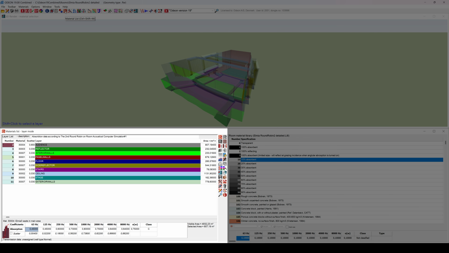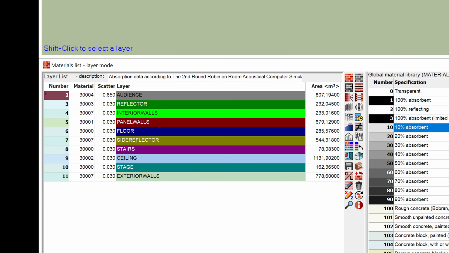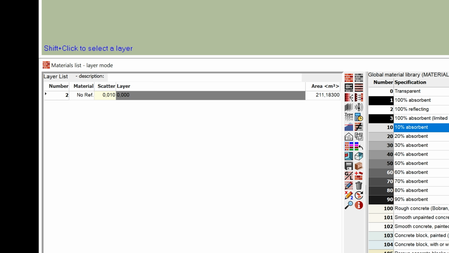At the left side of the screen, you have the layer list or the surface list. By default, it will be in layer mode, meaning it will show a list of layers rather than a list of surfaces. If you have defined layers or tags in the original 3D model, they will show up in the Layers column. These layers are not defined inside Odeon. Rather, they must be defined in the CAD software where the geometry was drawn. If your model doesn't have any layers defined, it may only show one entry. You can expand the layer list into a surface list by clicking on this icon.